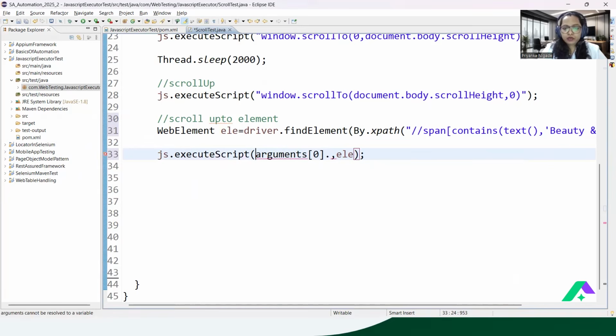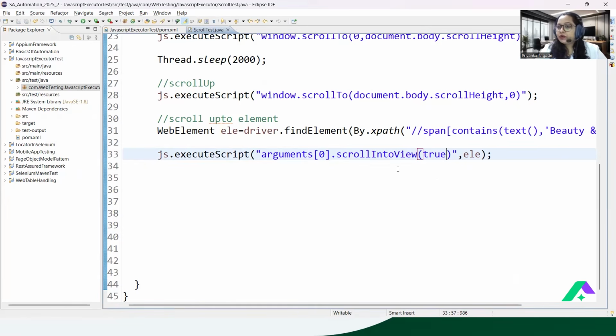This is the whole script you need to write as a JavaScript command. So just write arguments[0] up to what? Start from the 0th argument, and then you can write scrollIntoView. This is the method, and there you can pass true.